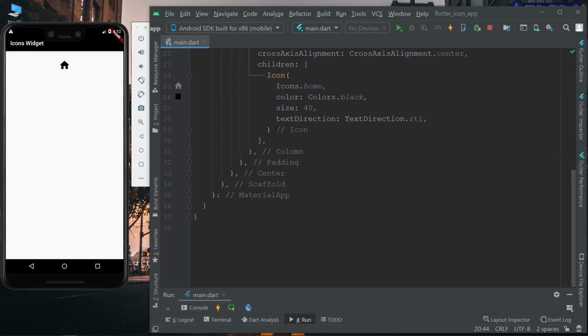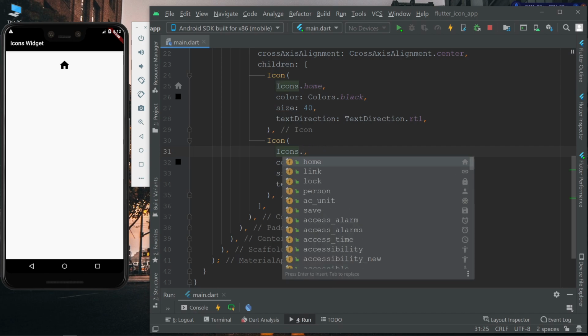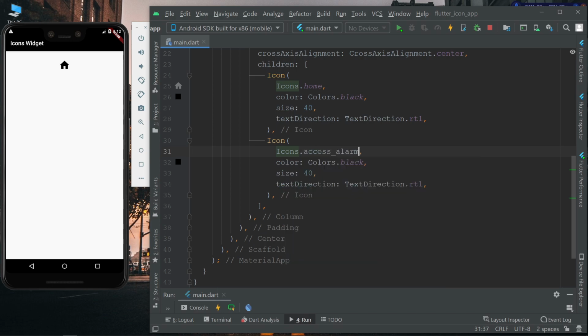Now we are going to create some other icons also, like Icons.alarm.